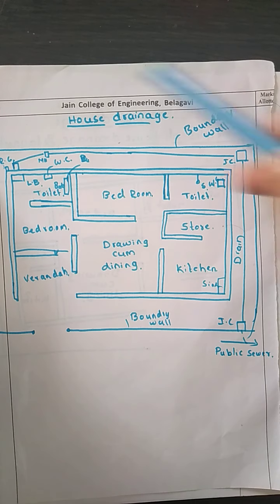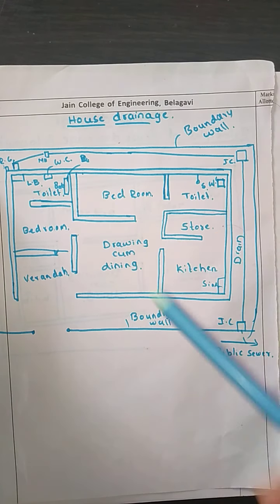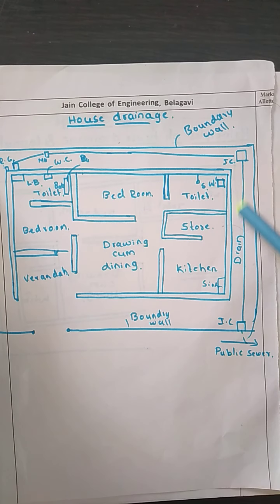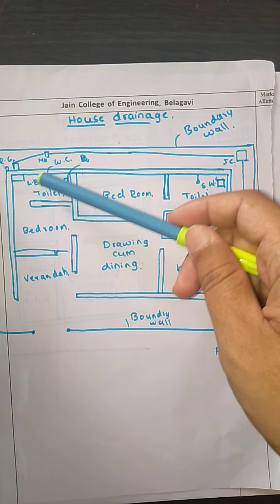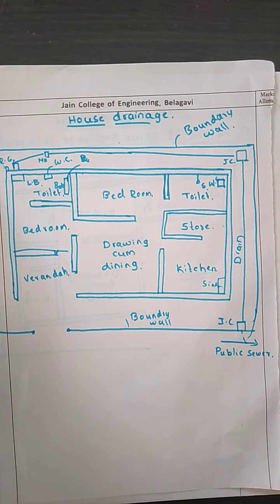So in the house drainage system, we discharge the wastewater generated in a house into an underground conduit with the help of gravity, and we dispose it to the main drains. So this is what house drainage is. It maintains hygienic conditions. Now we will see the purpose of the house drainage system. It is to maintain healthy conditions inside the house. Suppose we dispose the wastewater generated into the backyard, what would have happened?